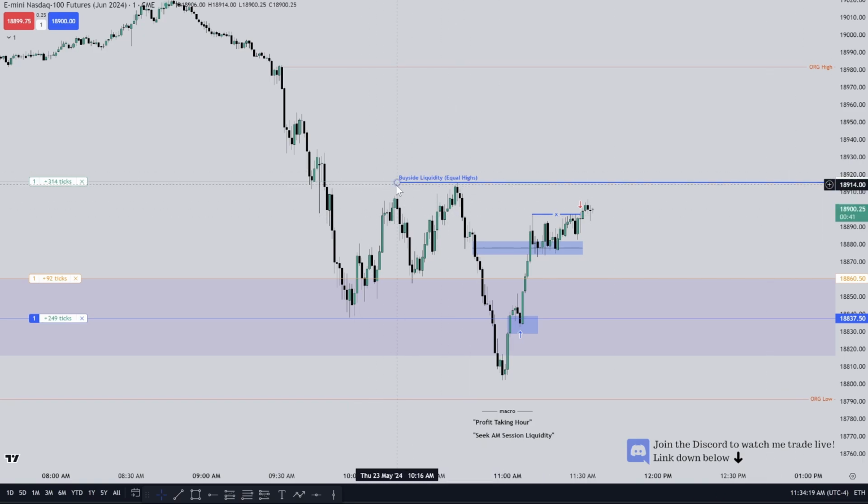Keep your focus on the equal highs up here. Admittedly, it is taking a while, stalling to get up there, but these traders are likely to not get let off the hook. Okay, they're in the crosshairs. A lot of buy side resting above these equal highs. Time and price. It's time to run out AM session liquidity. So just submit to the trade idea.